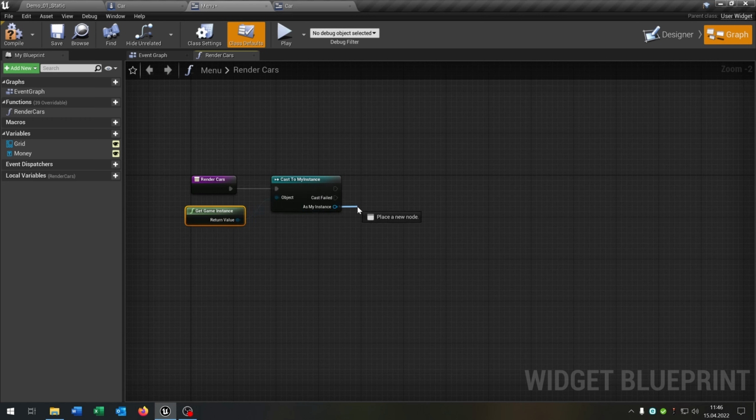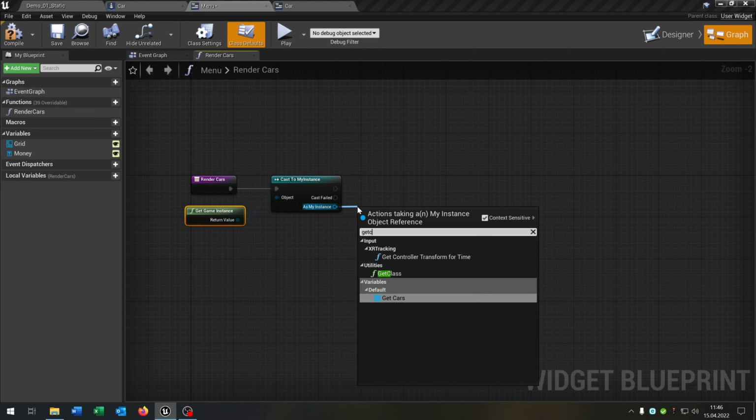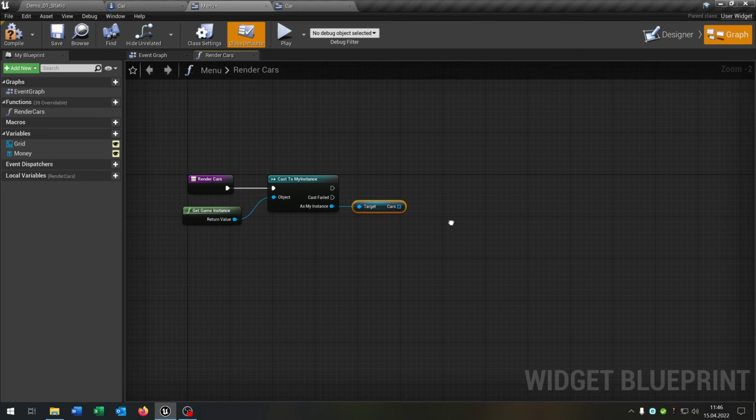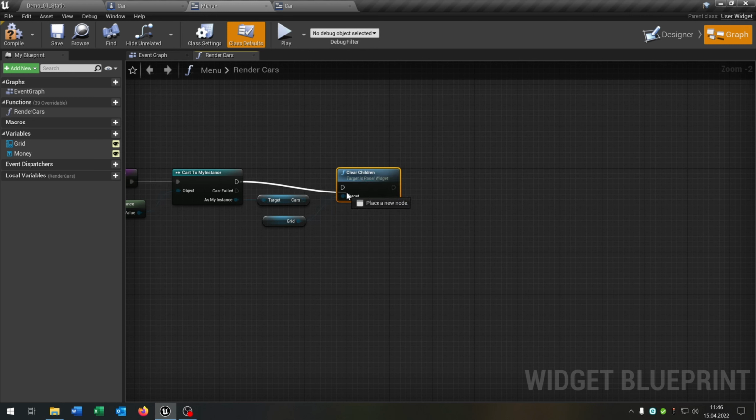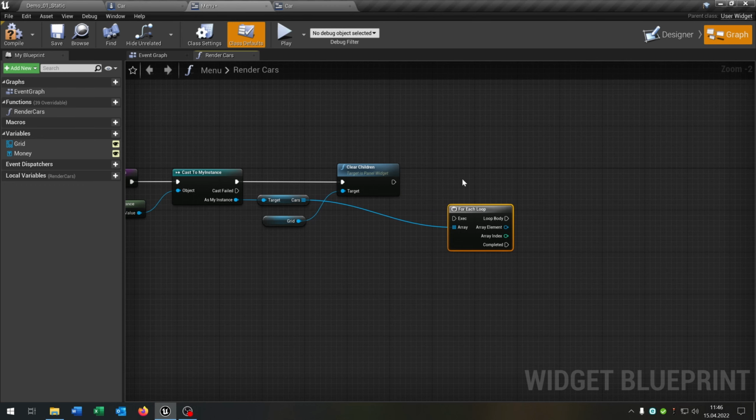Then of course we want to get our cars. Then we get the grid here. And the first thing I want to do is clear the children so that we can be sure that it's empty. From this we say for each loop,